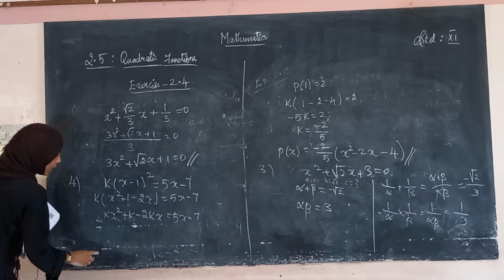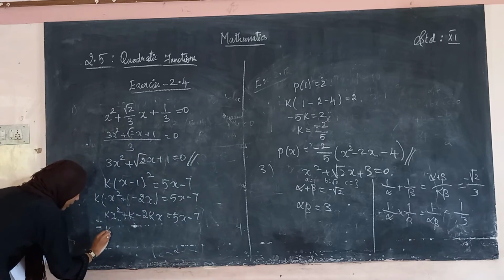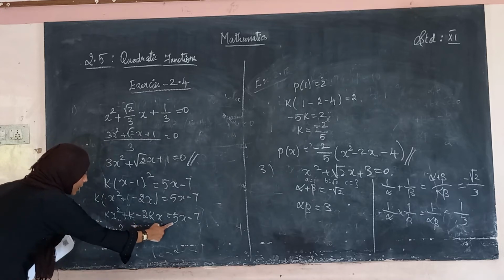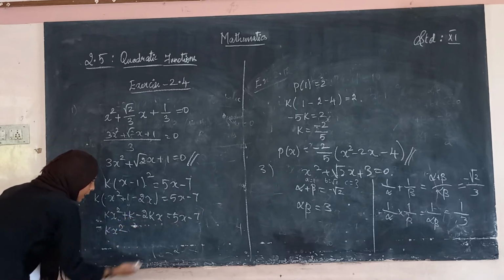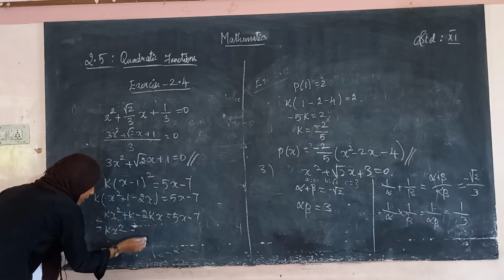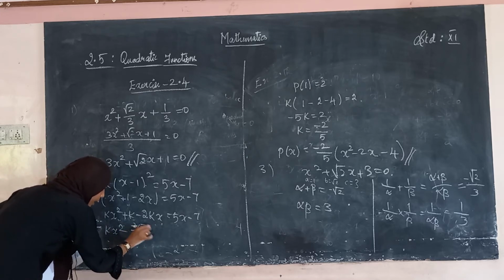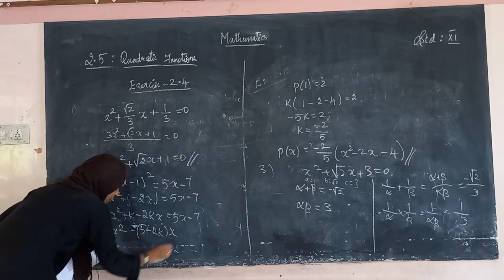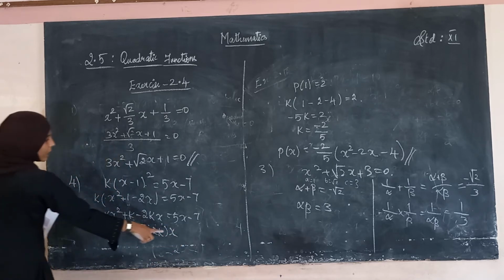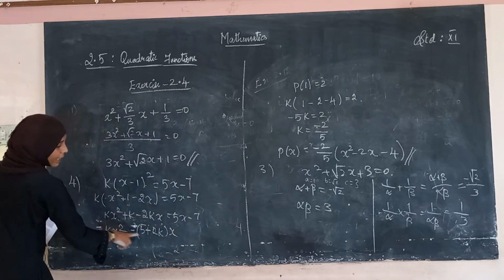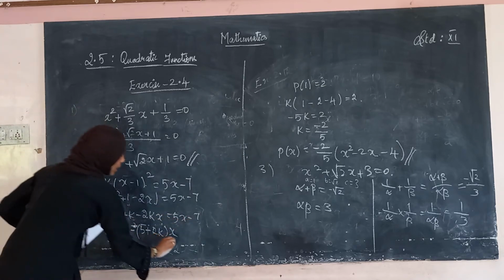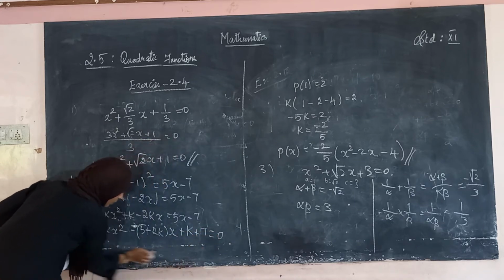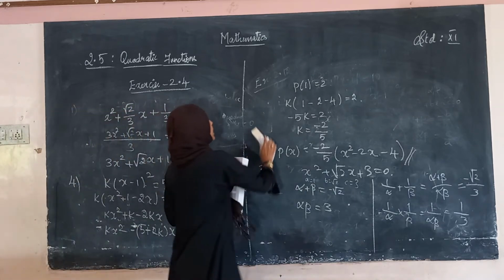See, the x square term: we have only one x square term, k into x square. And the x term, here one x term, here one x term. Bring this x term to this side, it becomes minus 5. So taking minus outside, 5 plus 2k into x. The constant term, here it is k, here it is minus 7. Bring this 7 this side, plus k plus 7 equal to 0.